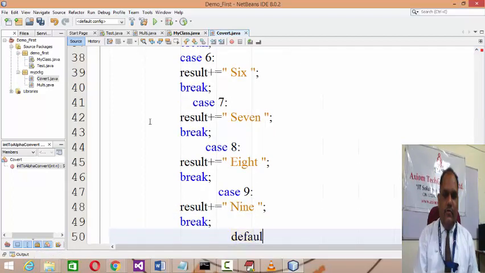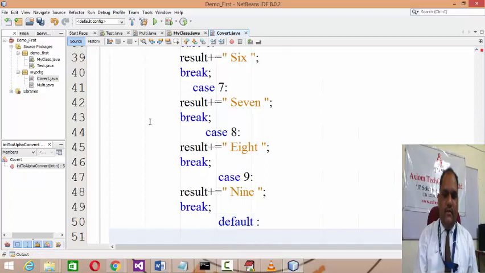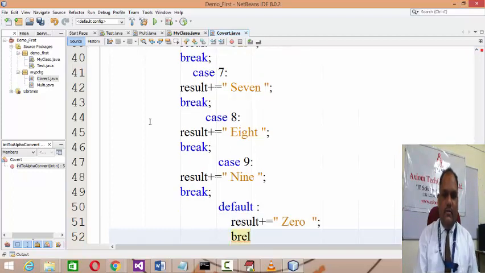Default, if nothing from this, then your result will be 0, and this also.